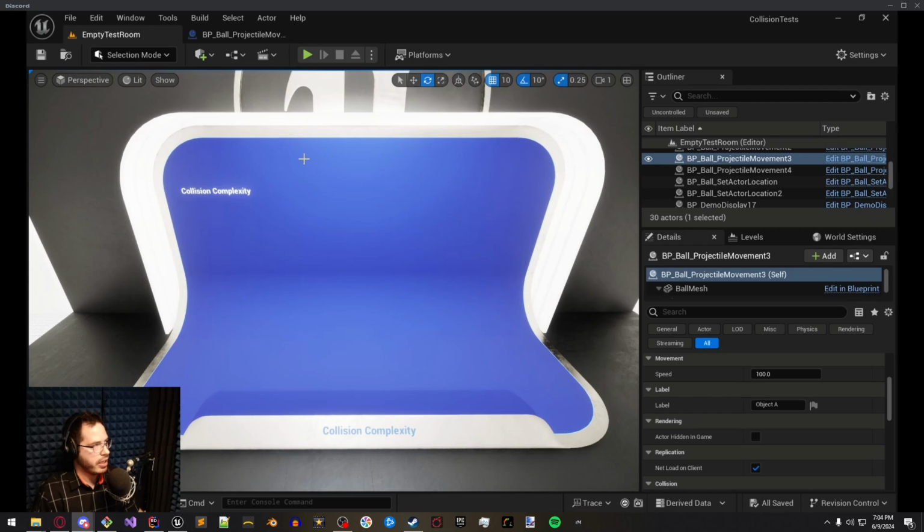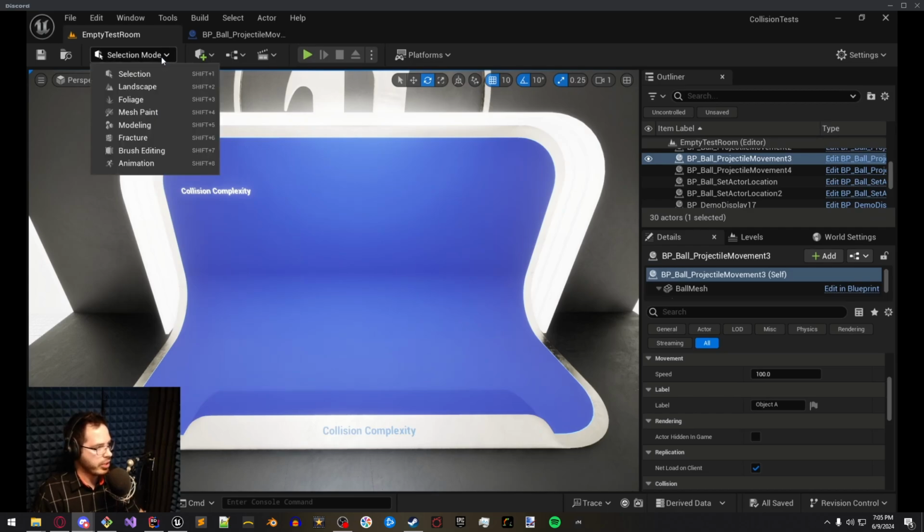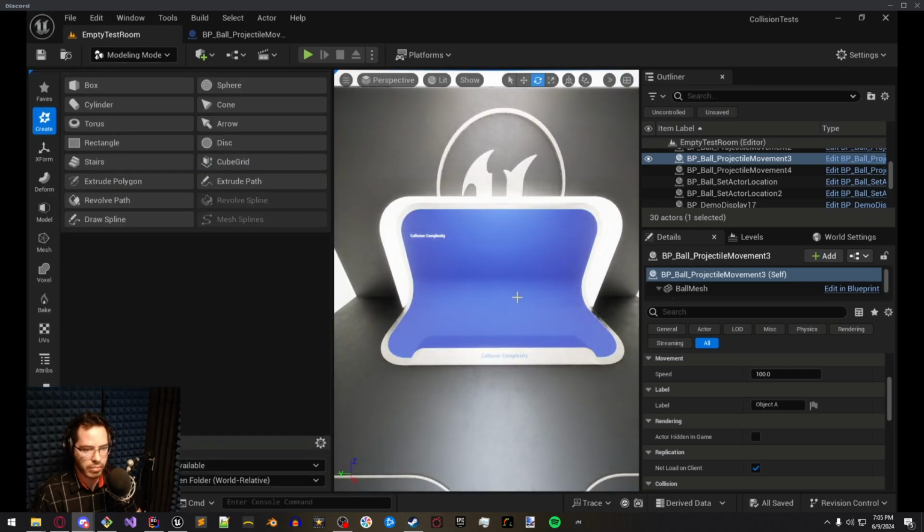And to get some geometry into our level, we can import it or we can create it here in Unreal Engine. And if we create it here in Unreal Engine, say in modeling mode, let's see,